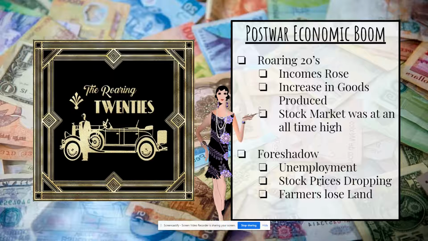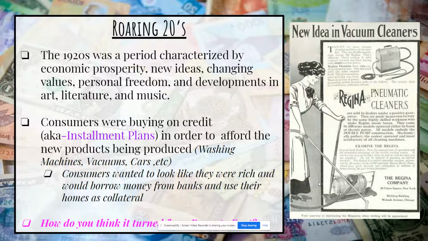In an effort to make that money, they're going to overproduce, producing too much supply when there's not enough demand. So if you have too many things, guess what? They're going to have to go on sale for you to sell them. And so that's all about simple supply and demand, which we'll talk about throughout this. So let's keep going with the Roaring Twenties.